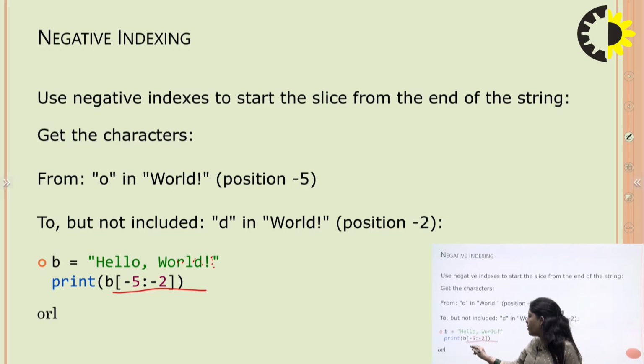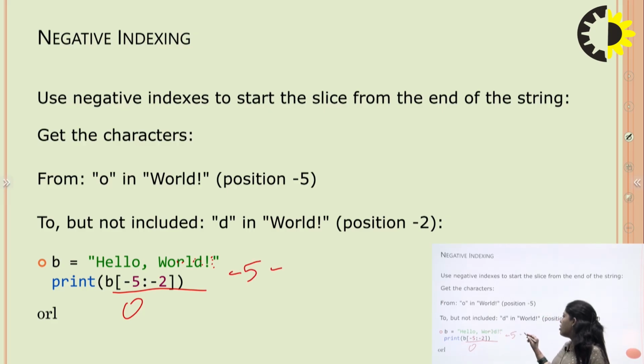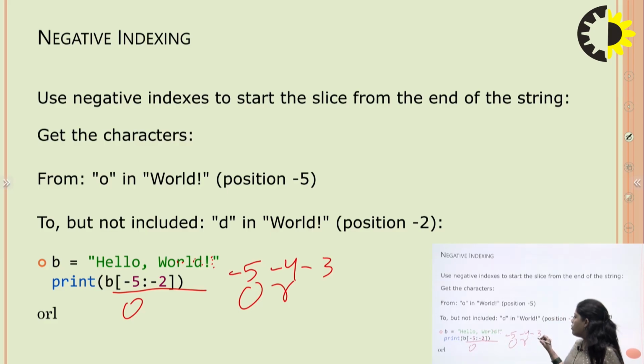At minus 5 the value is o, at minus 4 the value is r, and at minus 3 the value is l. So the output is orl.